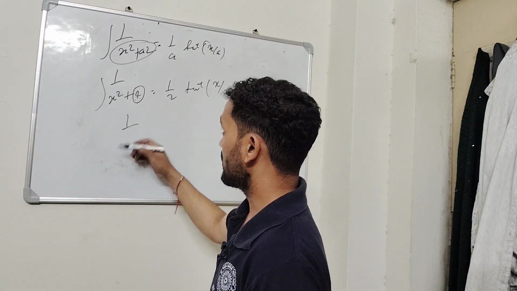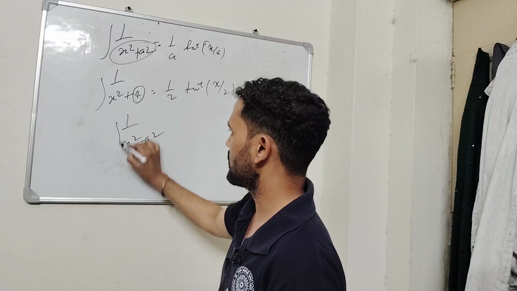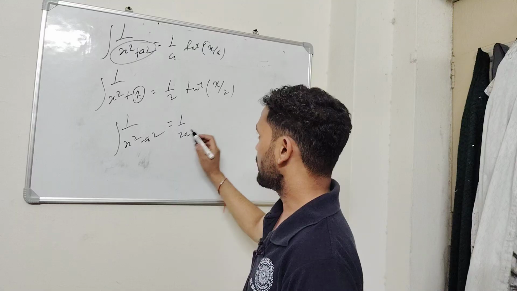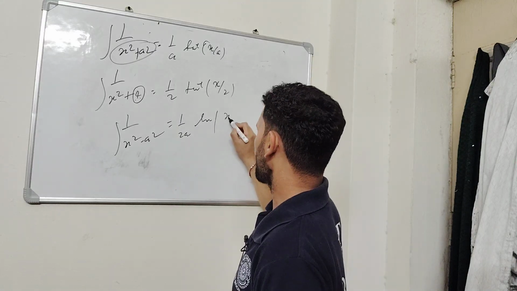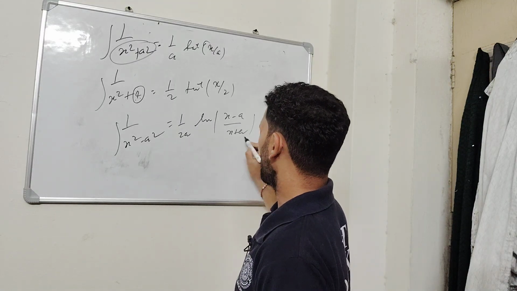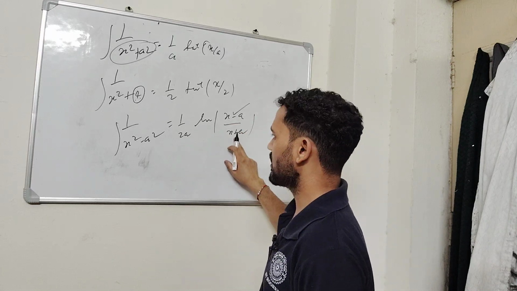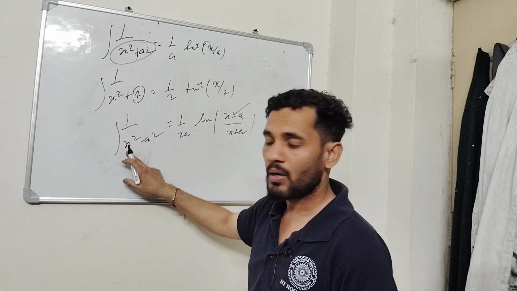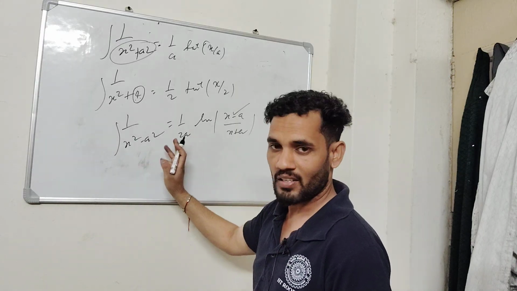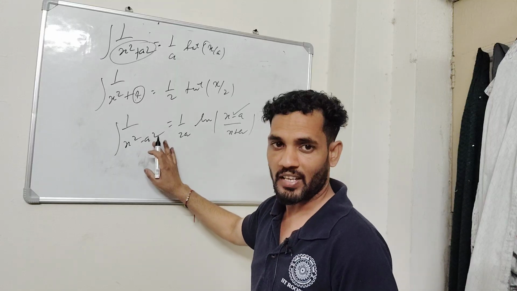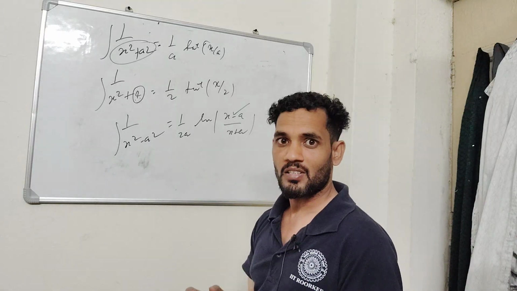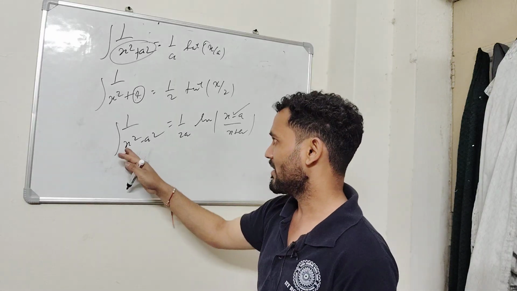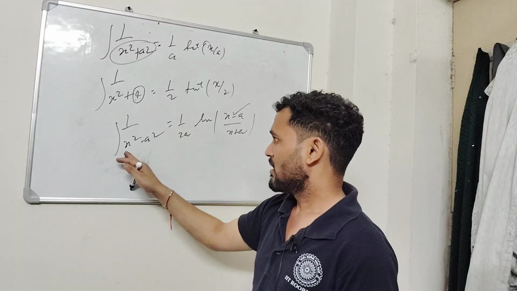In the same pattern, what is the integration of this one? 1 upon 2a, this one is another formula, ln of (x minus a) upon (x plus a), with minus here and plus here, because x comes first in alphabetical order. Generally x comes last compared to a, right? In general, minus comes last and plus comes first. So here follow the same order. Here x comes first, which means there is a disorder.